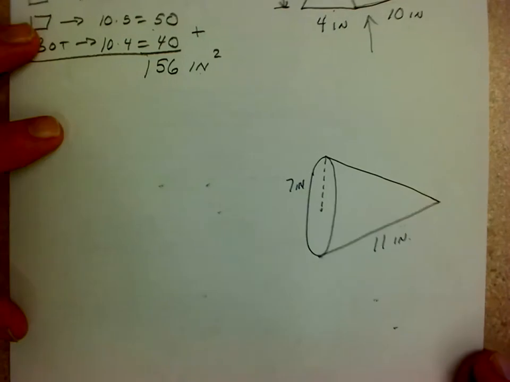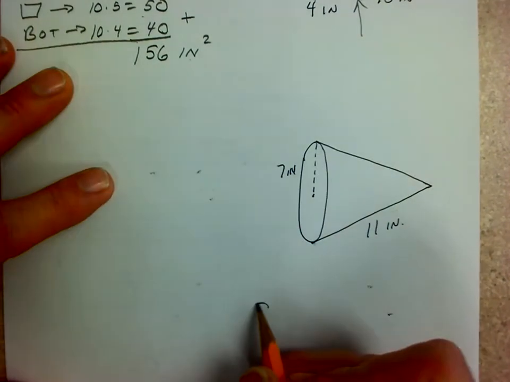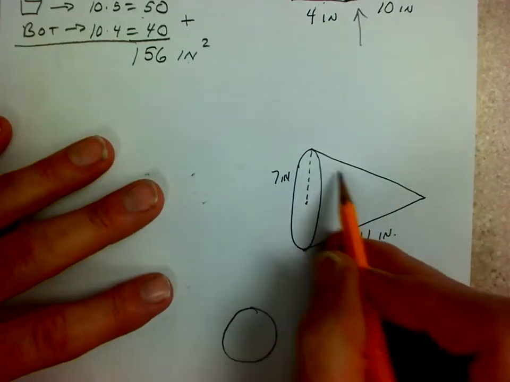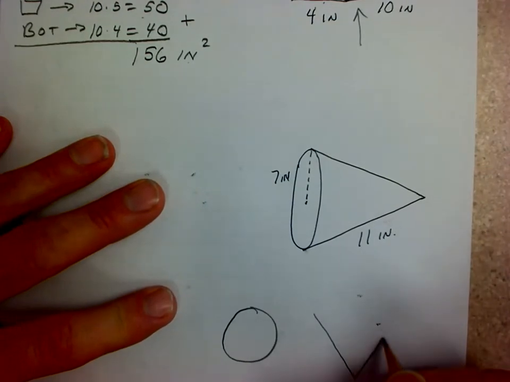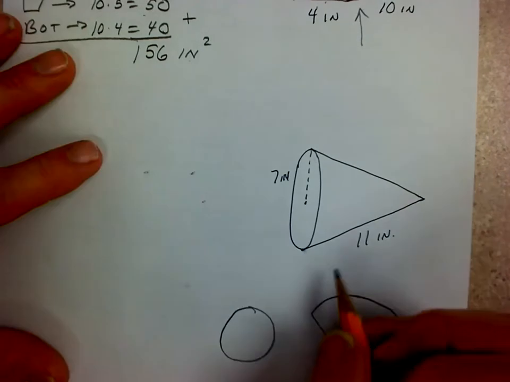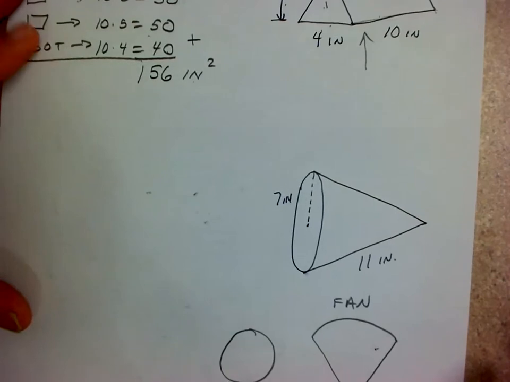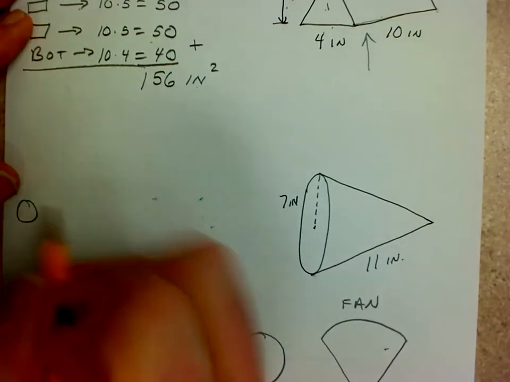Okay, so if we look down here, the next one we've got sketched out for you is a cone. We're going to talk about that in class, but a cone is made up of 2 surfaces. It's got a circle on the bottom, and this particular part we looked at in class today kind of looks like this. For lack of a better name, we're going to call that a fan. So when it comes to the surface area for this, we only have to worry about 2. So the circle,